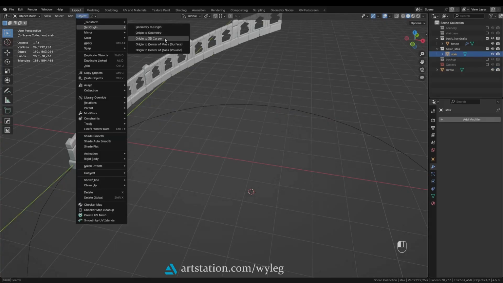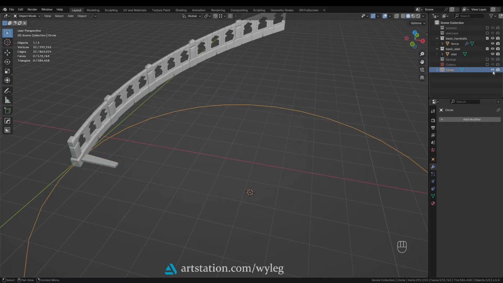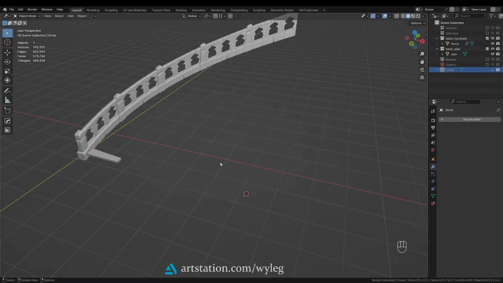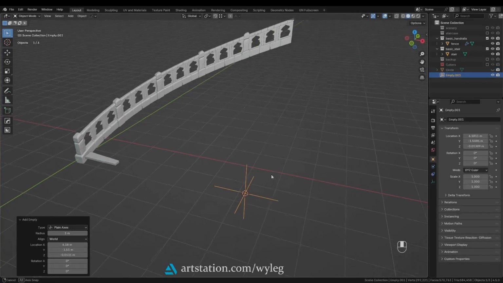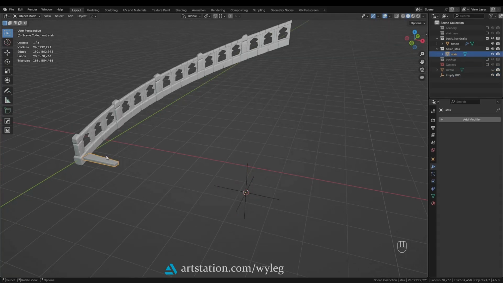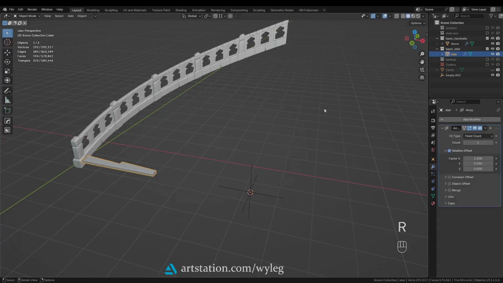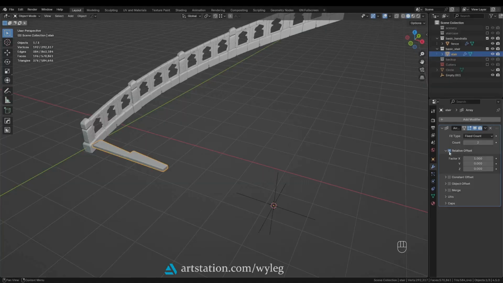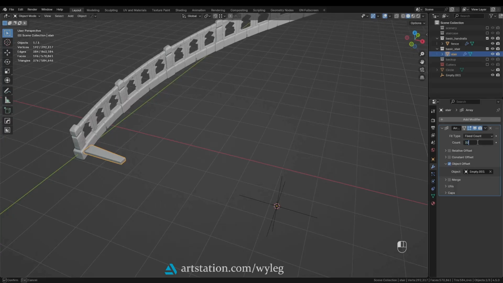The next step is we create a new empty right in the origin of our stair, and we add an array modifier. Now deselect relative offset, select constant, or select object offset and set the empty as a reference.